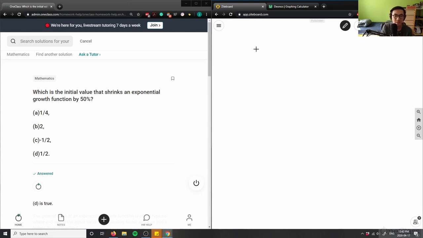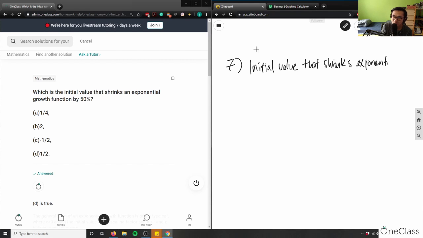Number 7 says, which is the initial value that shrinks an exponential growth function by 50%? So it says, what is the initial value that shrinks an exponential function? So it says initial value that shrinks exponential growth function